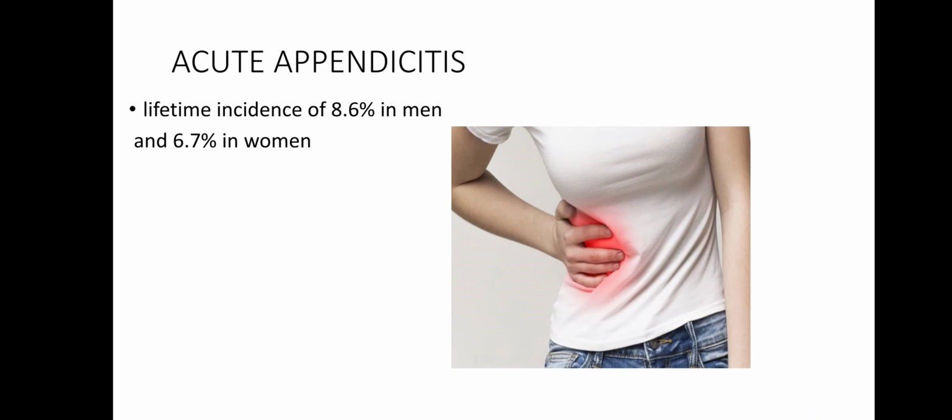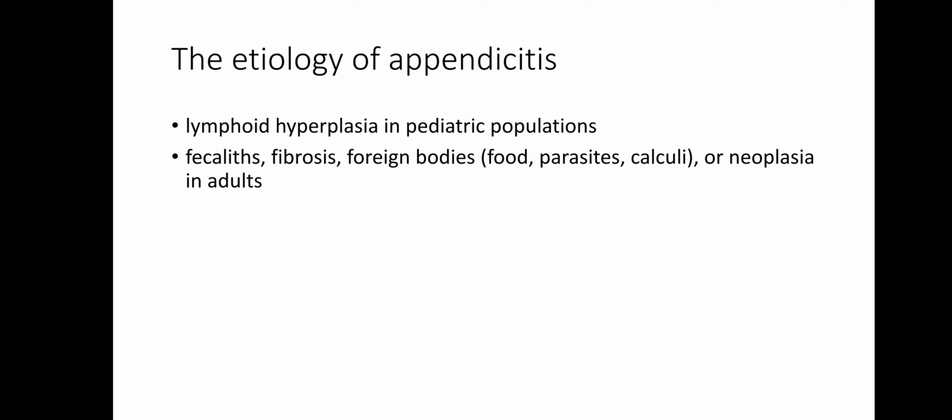Acute appendicitis. Inflammation of the appendix is a significant public health problem, with a lifetime incidence of 8.6% in men and 6.7% in women, with the highest incidence occurring in the second and third decade of life. The etiology of appendicitis is perhaps due to luminal obstruction that occurs as a result of lymphoid hyperplasia in pediatric